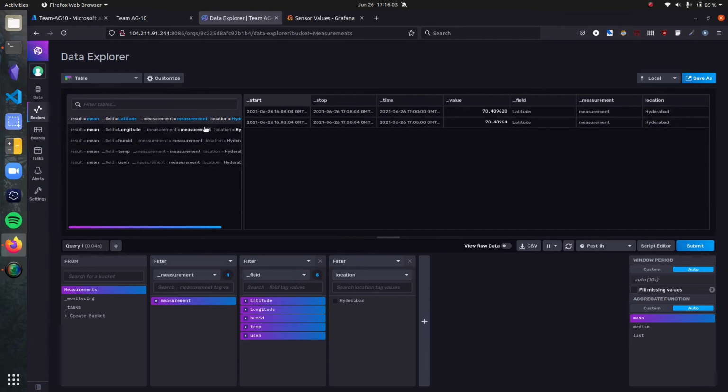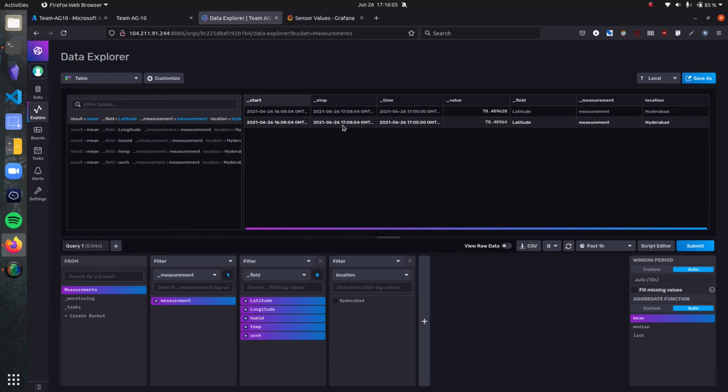If you click on latitude, you can see that the time here is 26 June 2021, 17:05 GMT, and that is the time where the sensor values were read and fed.